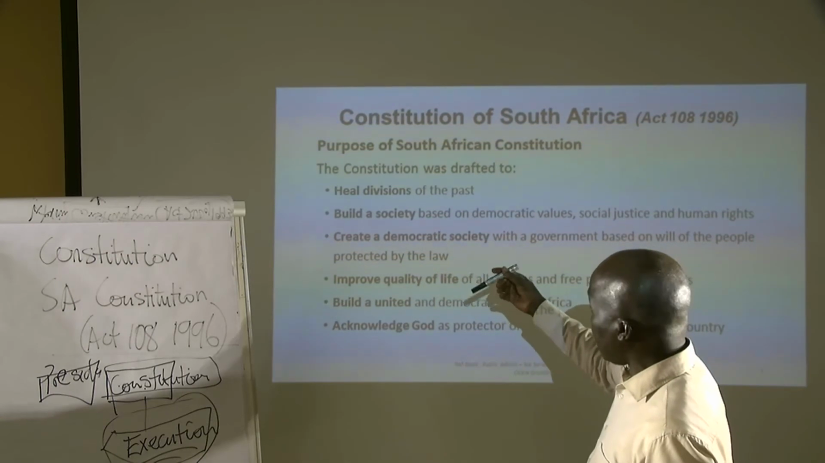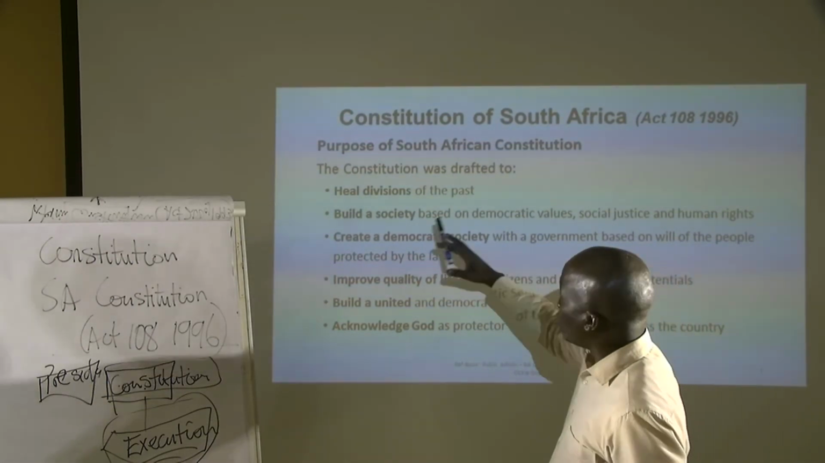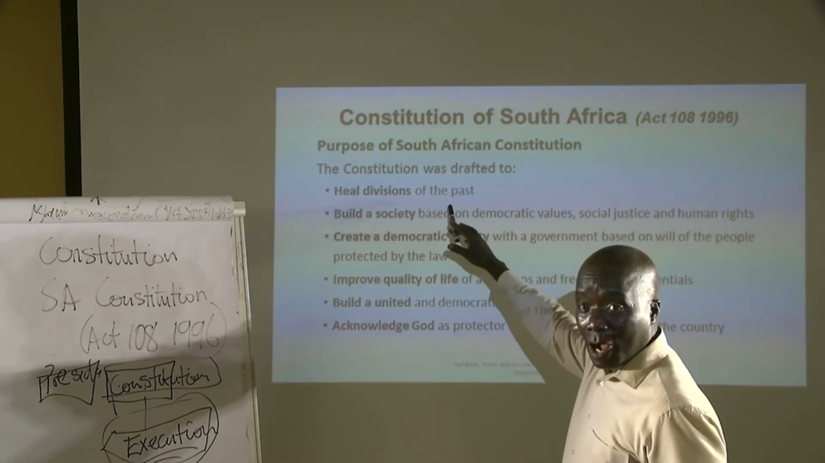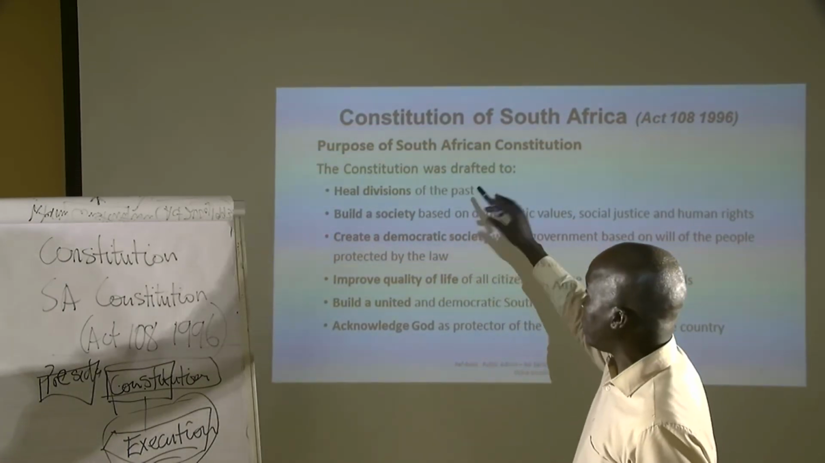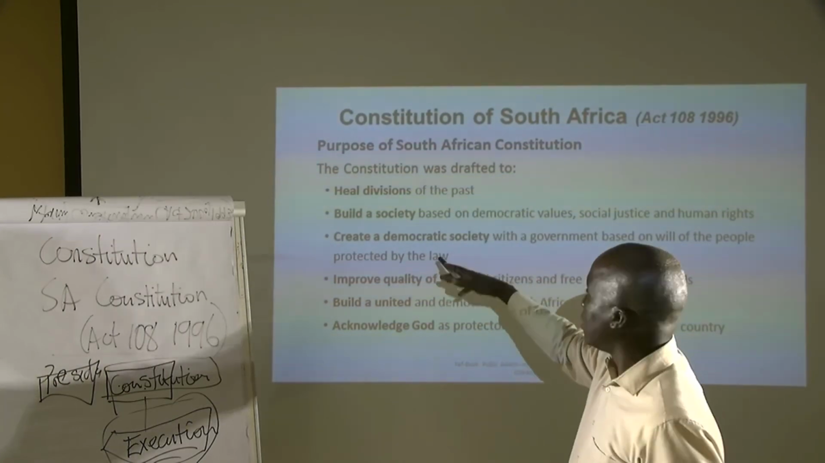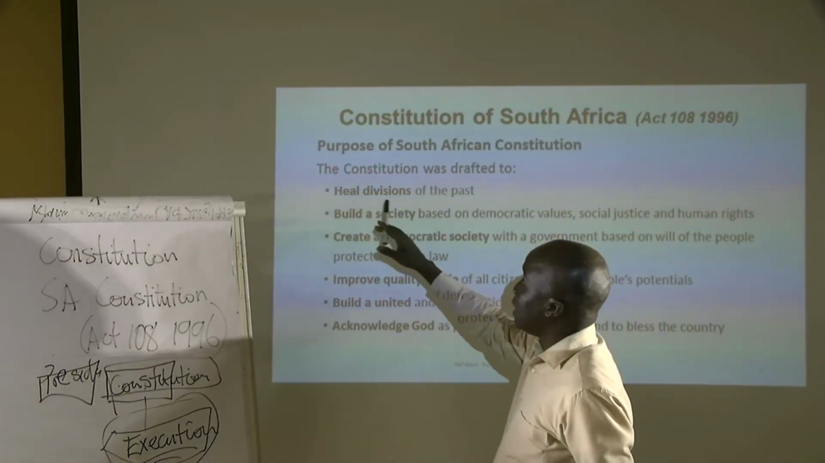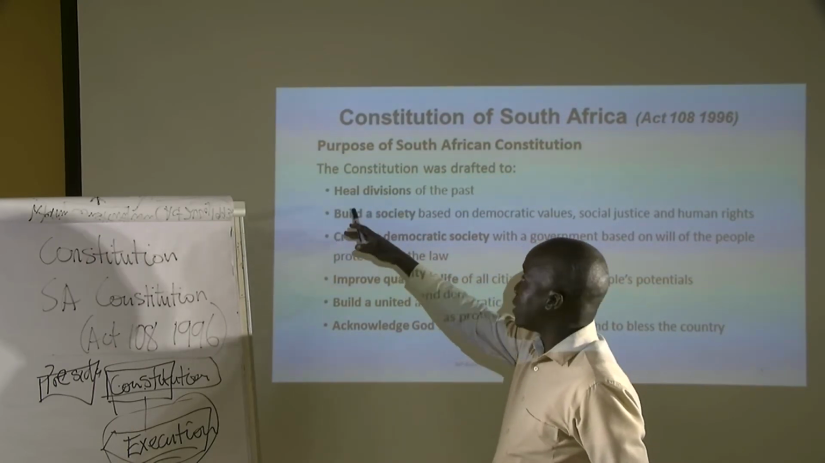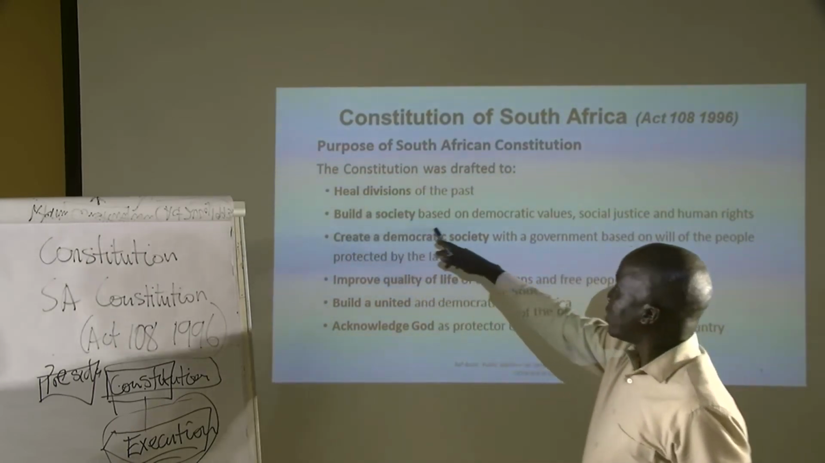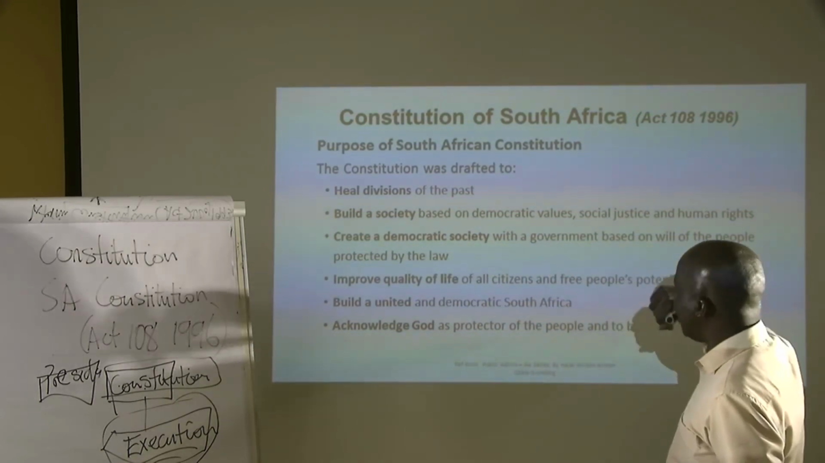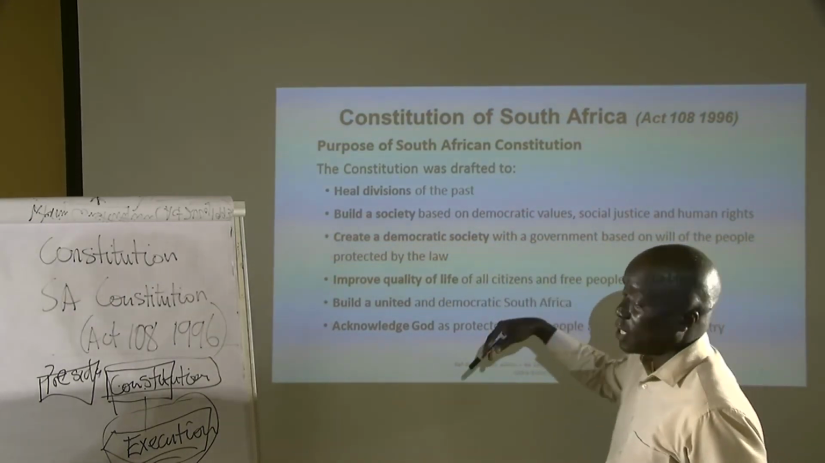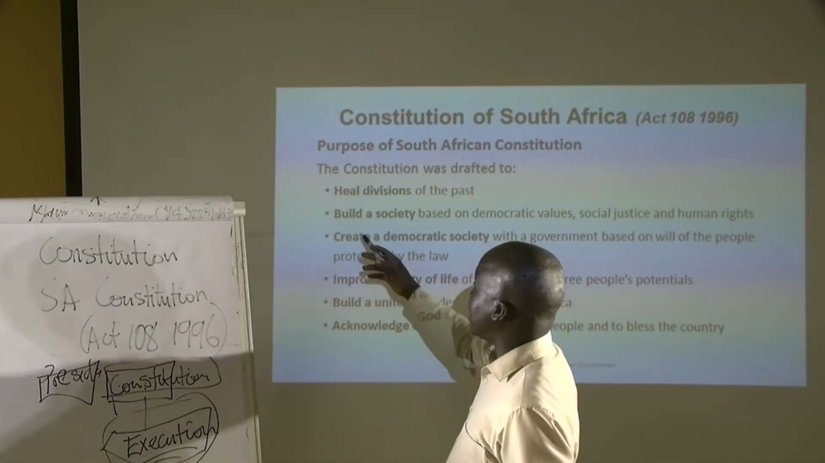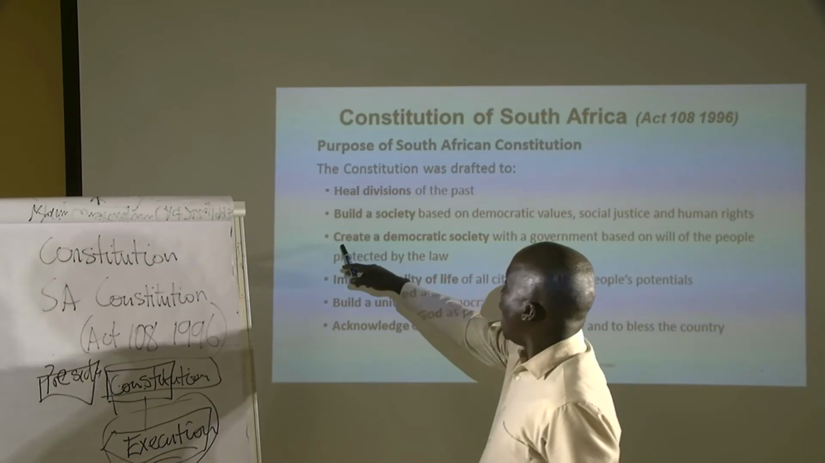So we look at the Constitution was drafted to make healing, because there's a lot of suffering which people have experienced during the time of apartheid. People killed, people oppressed, and people segregated. The best was only reserved for the few whites, okay? And build a society based on democratic values and social justice. Justice for all, not justice for the few who are of a certain color, okay? And